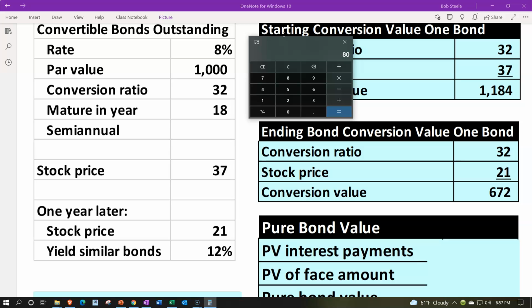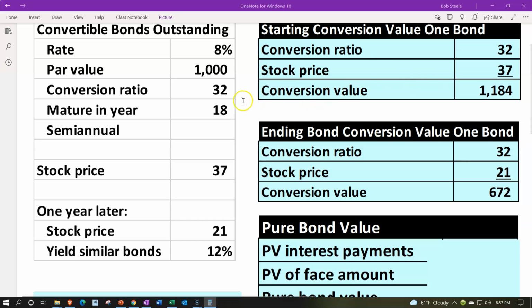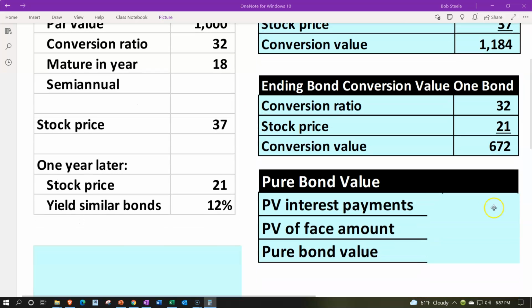And so we would have 80, but then we're going to divide it by 2 because they're semi-annual. And so 40 for so many periods, which is going to be 18 years. But then we'd multiply that times 2 because it's going to be semi-annual 6-month periods. So if we were to take the present value of those payments then, and we'd use our present value formula, at the 12% rate down here, we would get to the